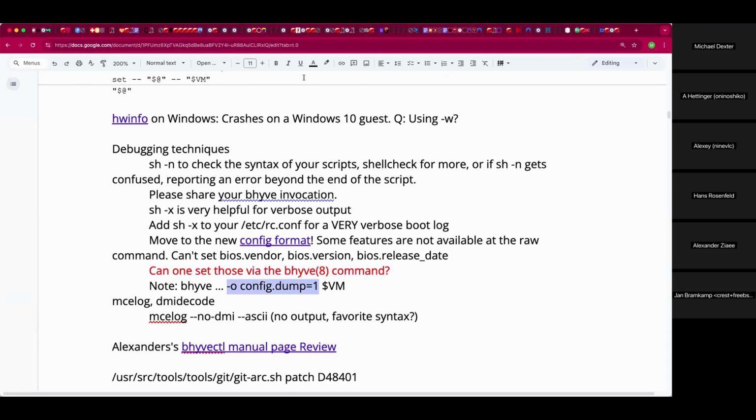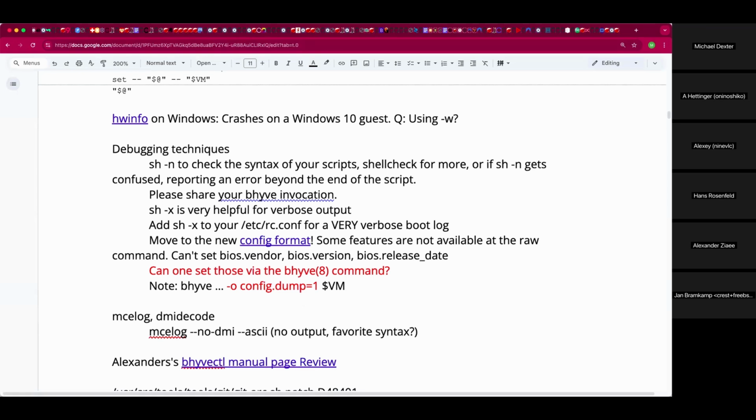So Alexei, this lets you put your current syntax in the new config file format. Wait, what? It just spits it out. Oh, yeah, and config dump equals 1. I'm pretty sure it doesn't execute it. Yeah, it doesn't execute it. Boom. Although, watch for your resulting config. Look at my bhyve having that in config there, with all of the BIOS stuff.